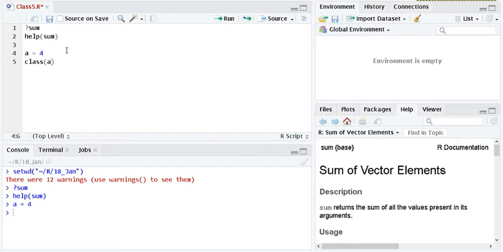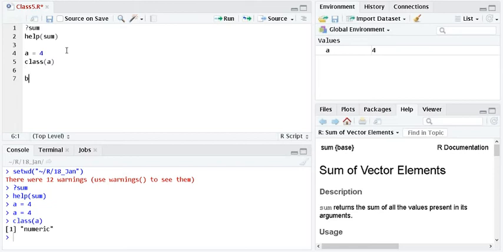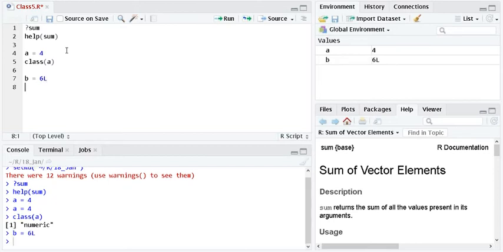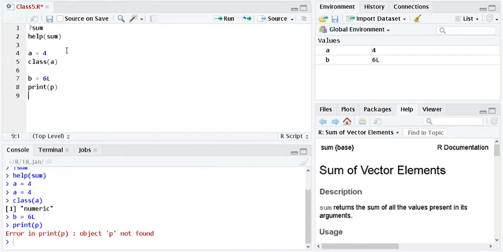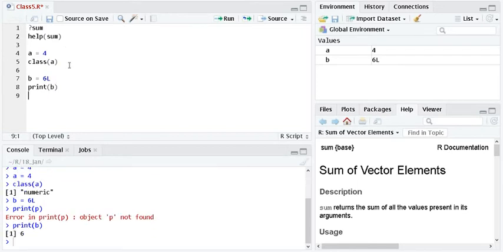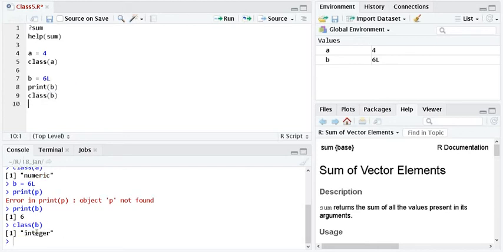Now I have created A. The class of A will be numeric by default. In order to define an integer class variable, I have to very clearly say 6L. Now if I print B, the value is integer 6, and the class of B will be integer. Are we clear? And here in the global environment, we can see the values of each of the variables.